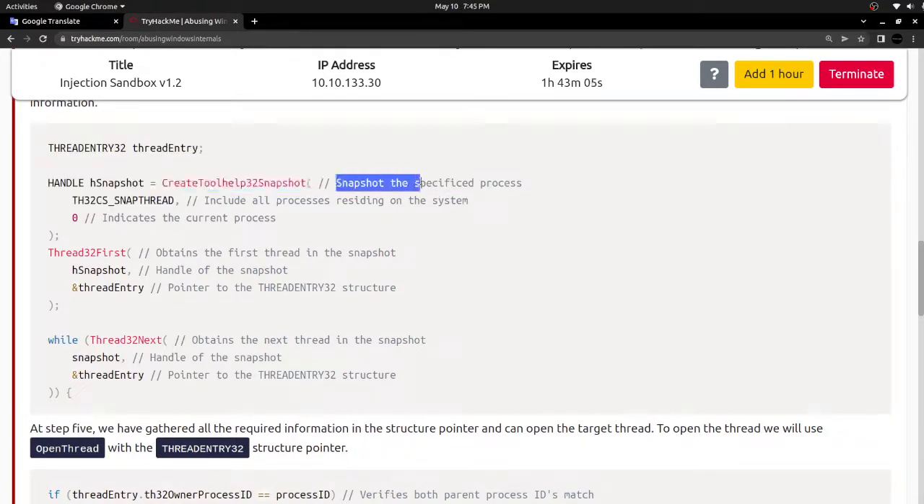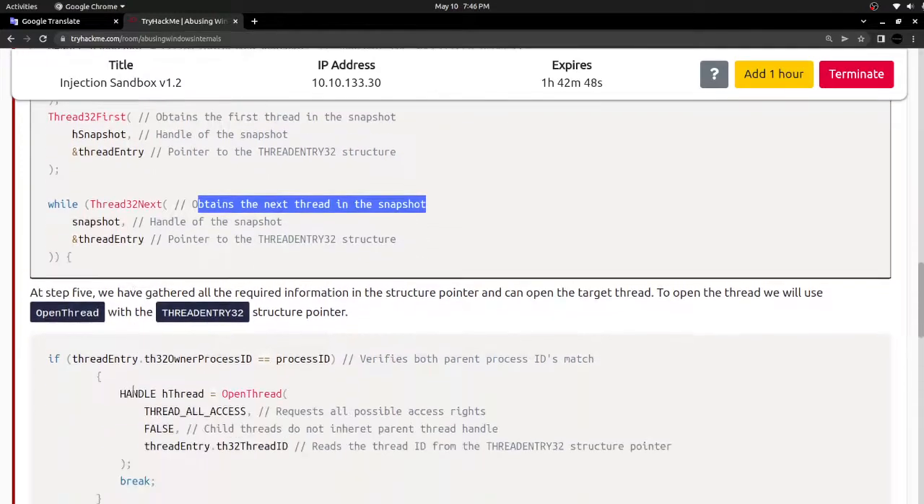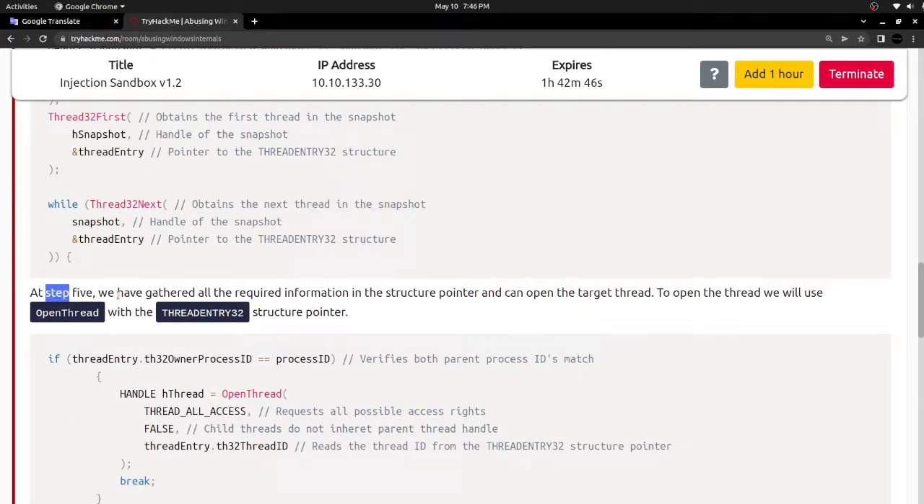Actually, they are taking a snapshot of the specific process, and Thread32First obtains the first thread of the snapshot, and here Thread32Next is to obtain the next thread. So this is how they iterate, and they try to find the suitable thread. And moving to step 5, we have gathered all the required information in the structure pointer and can open